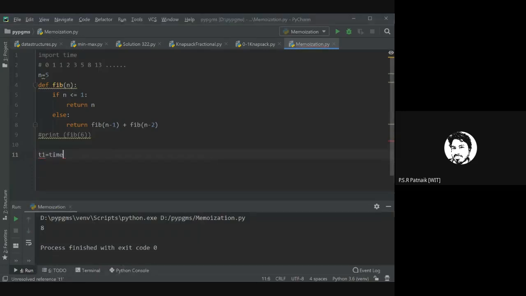T1 is equal to time dot time, and let me call a Fibonacci.